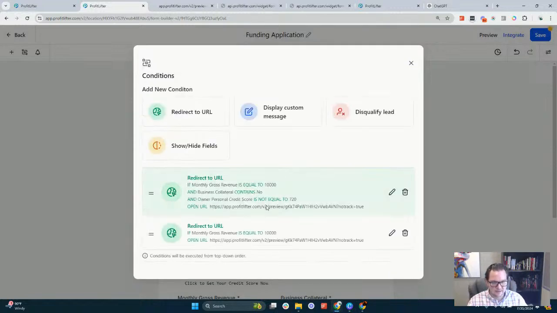But look at this. Let me show you this. If we come in here and we go, okay, if everything is equal to, like, if their gross monthly revenue is over 10,000, and they have business collateral, and their personal credit score is over 720, we're going to send them one place. And now with all those qualifiers, this is going to be somebody who really potentially could qualify for an SBA loan, a traditional bank loan, something like that's going to be higher dollar, that I think they could do,